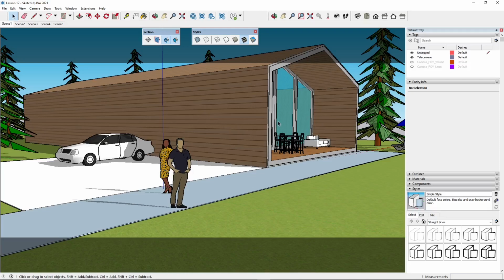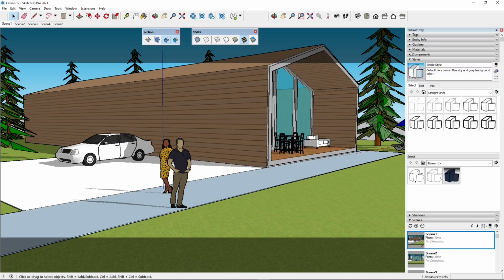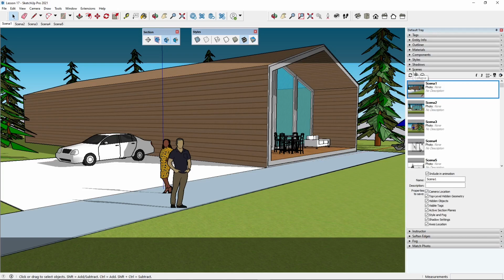In this video, we're going to talk about animation inside SketchUp, and we're going to do some really simple animation here using cameras. So we will define some points of view which will become our keyframes, and then we can animate everything. Now, the most important panel here is the scenes panel, and you can see I've already created here